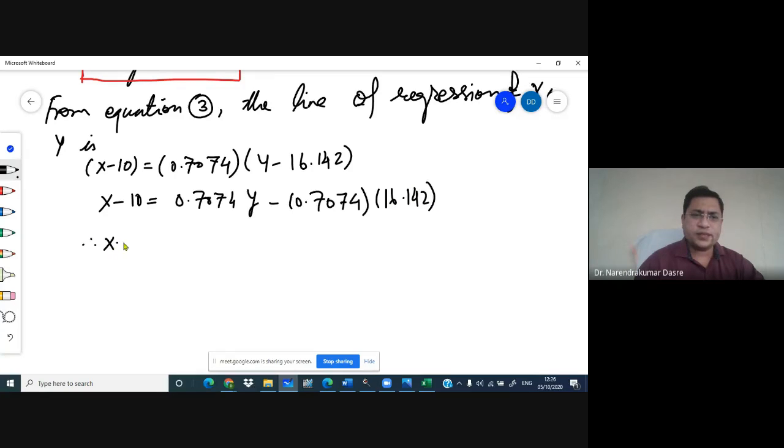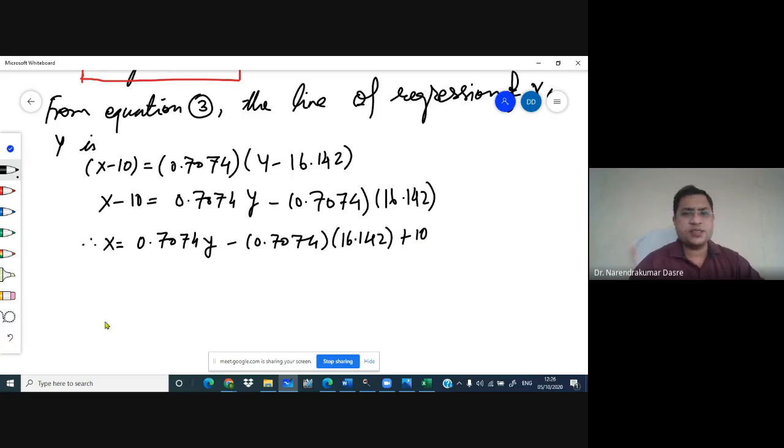So we got here x is equal to 0.7074y minus 0.7074 times 16.142 plus 10. Okay, so that's what you'll be having, and hence we can write the line of